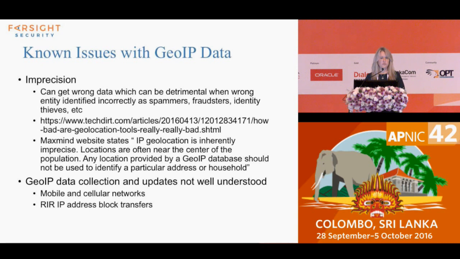But let me be clear, there's a lot of imprecision in GeoIP location data. And what is really a problem is if you place blind trust in it. Do not place blind trust in any data. Always have some kind of checks and balances. Trust but verify. I always use that expression. And if you get the wrong data, it can really be detrimental to some poor person who's quite innocent, but, you know, is incorrectly identified as a spammer, fraudster,